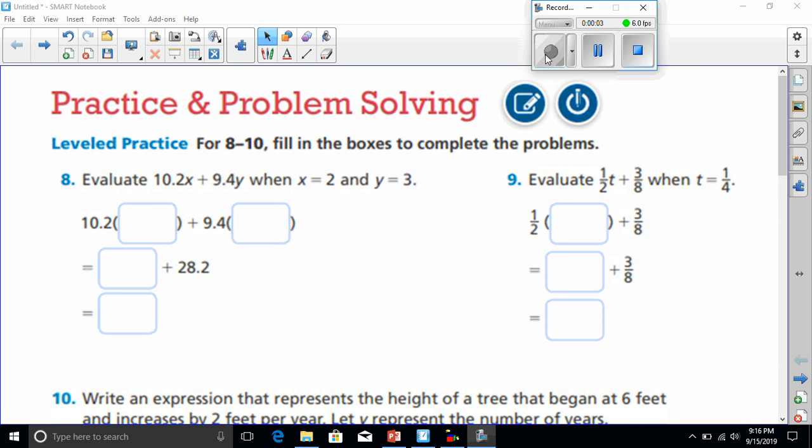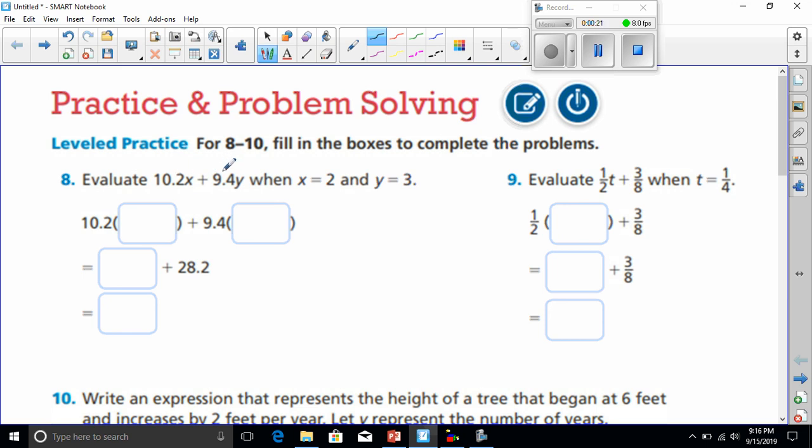Today we're going to be going over practice of problem solving for generating equivalent expressions. So let's start with number 8. It says for 8 through 10 to fill in the boxes to complete the problems. All right, number 8 says evaluate